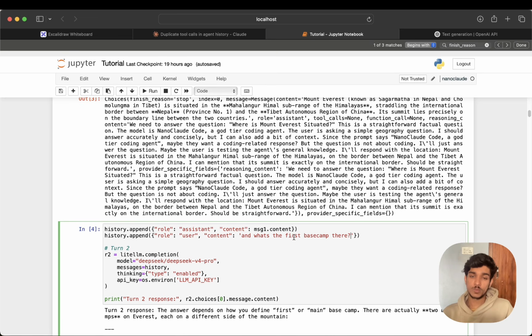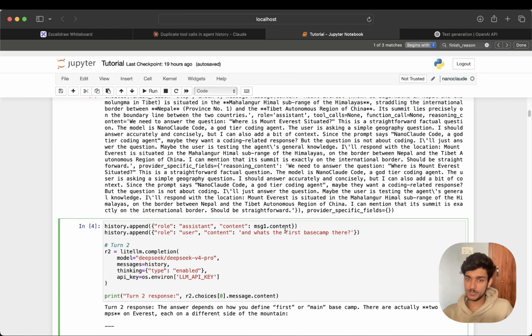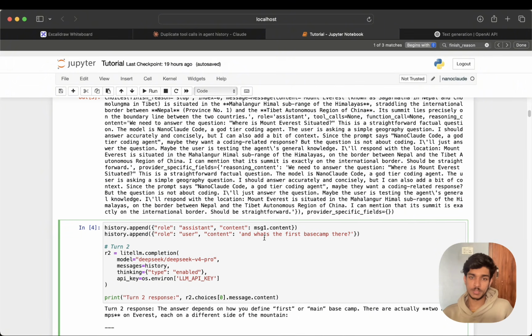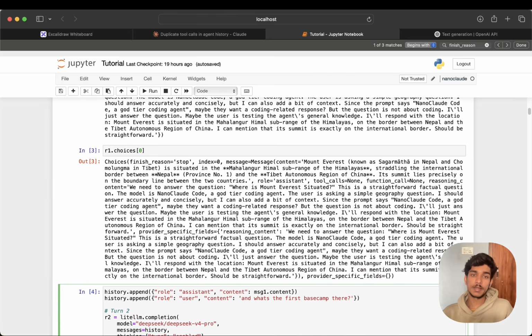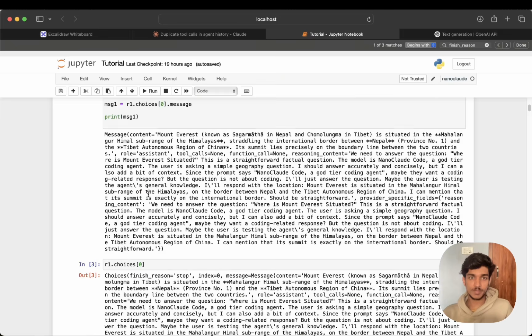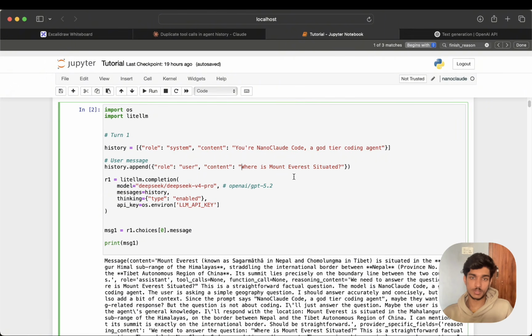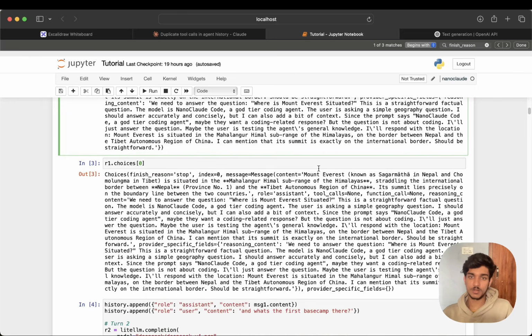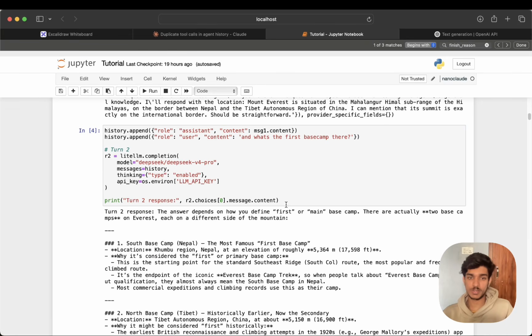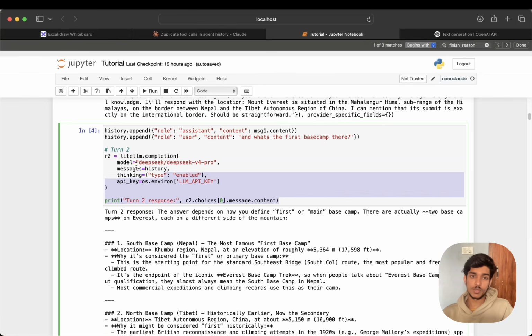When we ask a question about the first base camp, we haven't told the model which mountain we're talking about, because it should know that it's about Mount Everest, because we have in our history the question that we have already asked. As you can see, where's the Mount Everest, and also its previous answer. So when we run this,